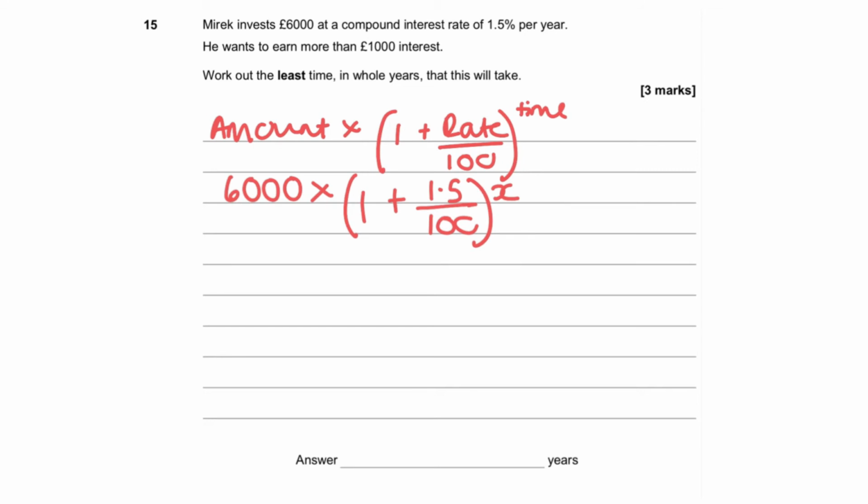don't know. So it's going to be really difficult to find a value for x by rearranging the formula and whatnot. So we're going to use a method called trial and error. So we're going to pick a few values for x, put them into our formula and work out at what point he's made £1,000 interest. So we want the money to be up to £7,000. So let's start with x equals 5. If we put that into our calculators, the money is up to